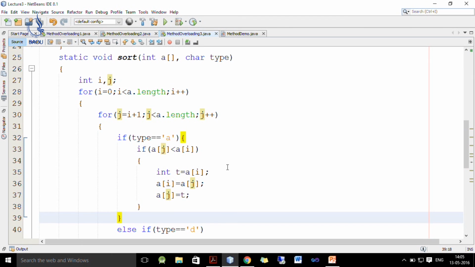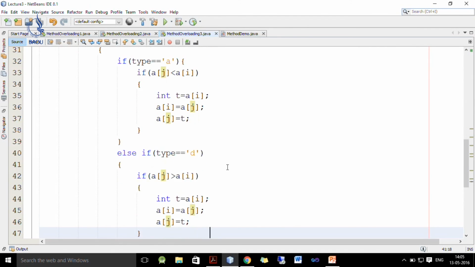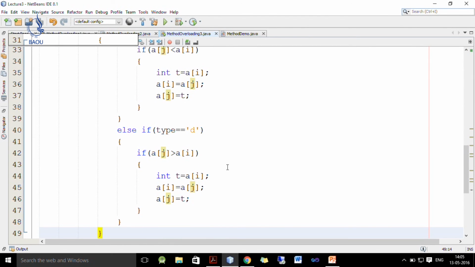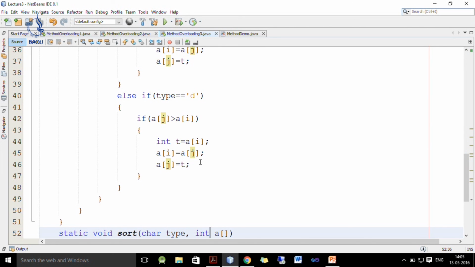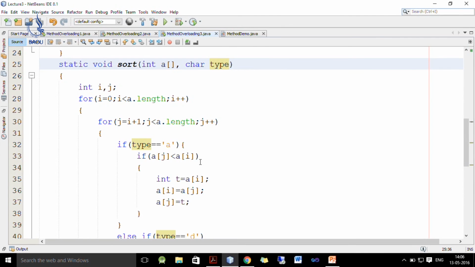This process continues, and if we want to sort in descending order, any element which is greater than the ith element is found, it will be exchanged with the ith element and the process continues. At the end of this loop, we will have sorted the array in ascending or descending order depending on the value of type.